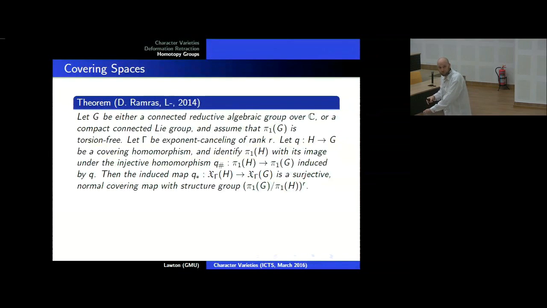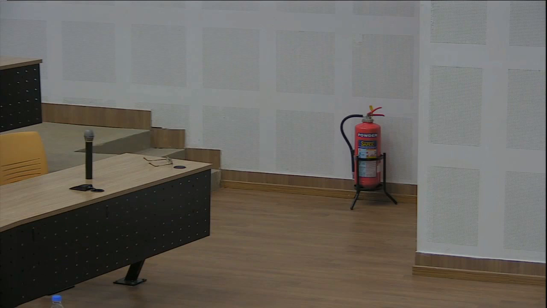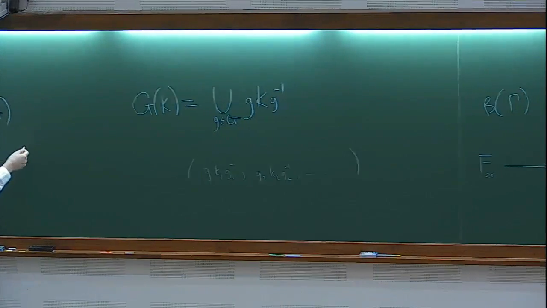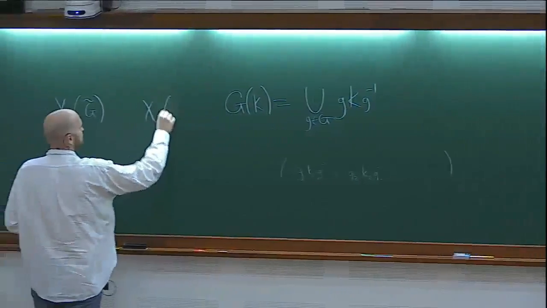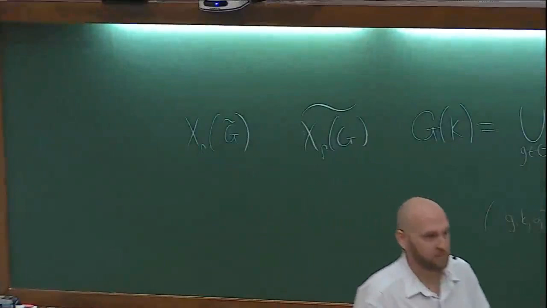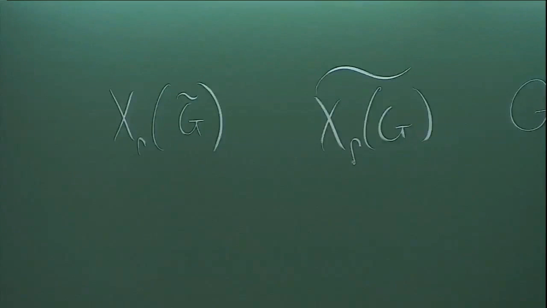So Dan and I have this theorem that came about from a really naive question. Dan and I were hanging out, and I said, "Hey, how does the character variety of G, the universal cover of G, relate to the universal cover of the character variety?" I don't know. It just seemed like, hey, maybe there's a relation. So we asked the question, and this led us into a study of covering maps of character